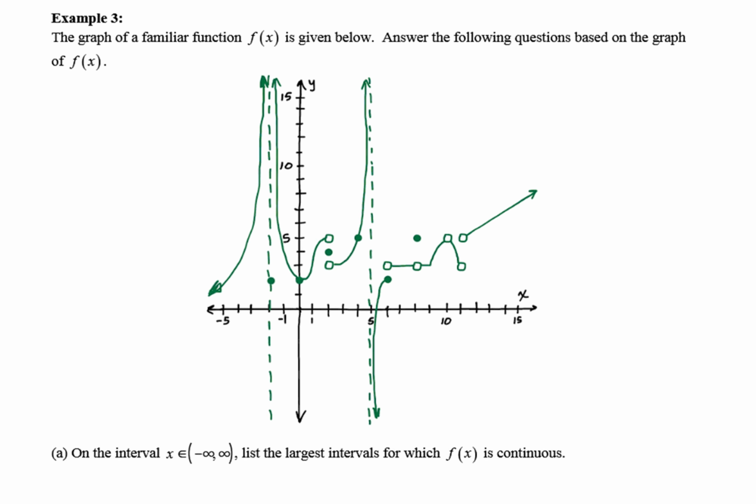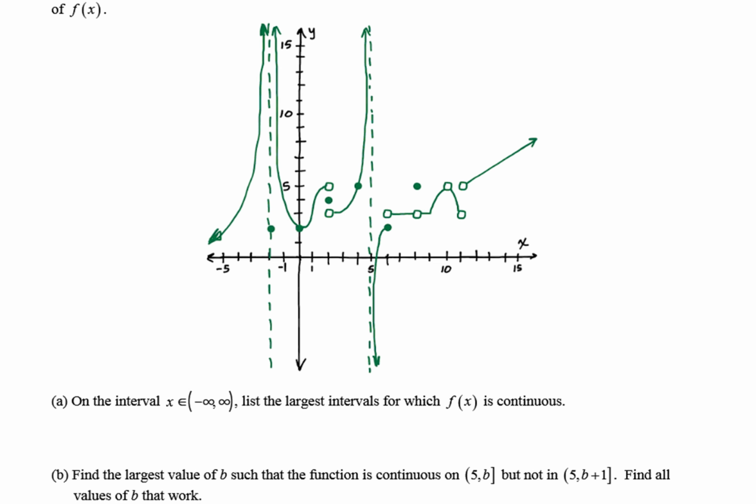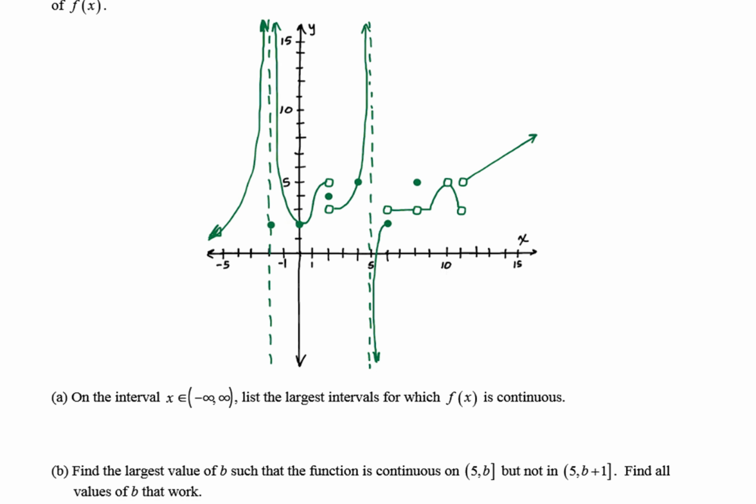Example 3, we have a really nice graph there. Graphus interruptus. We're going to be using this graph to answer a few questions. On the interval, list the largest intervals for which it's continuous. So I'm going to just start left to right, because it's easier for me. It looks like negative infinity, it would be all the way up until